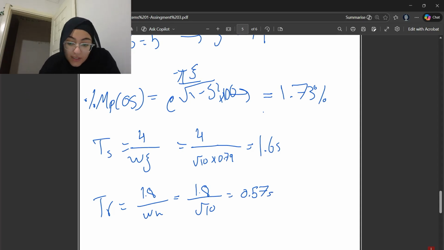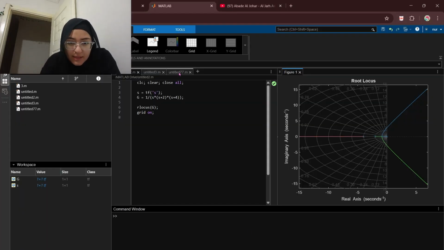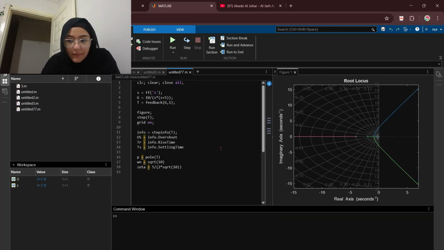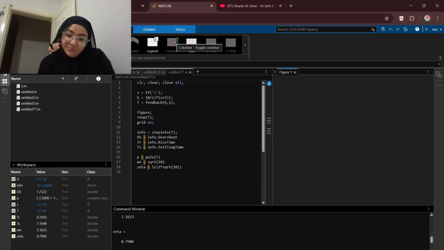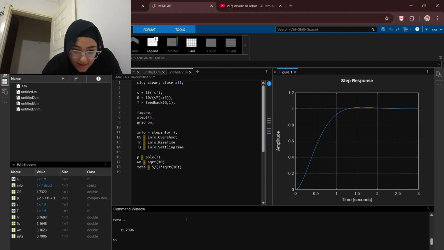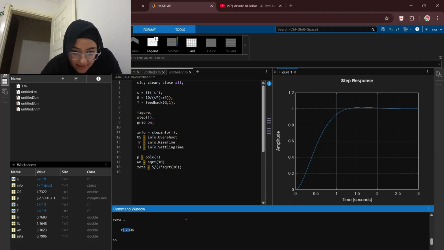Okay, now let's do the simulation on MATLAB. This one. Let's run it. Yep, here is the zeta, as I said, it is 0.79, the omega n root of 10, the settling time 1.6, the rise